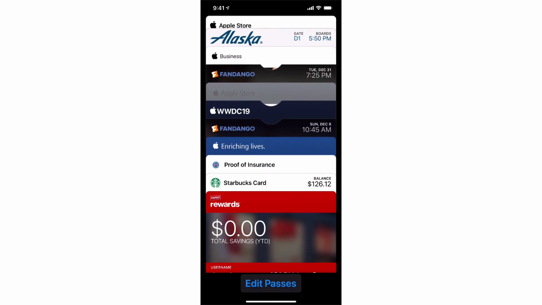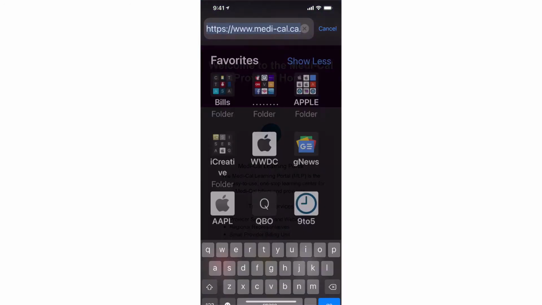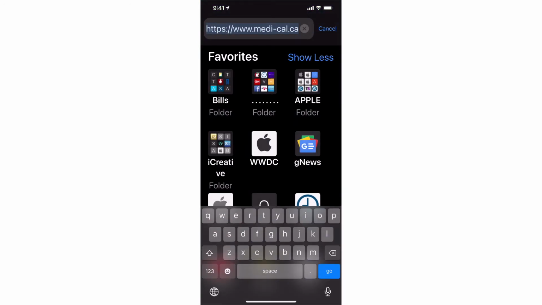So the first feature really allows us to integrate, in my example, Alaska boarding passes. I've got Fandango movie tickets. I've got the ability to show the proof of insurance or my Starbucks card. These are all really neat things. In the case of the Starbucks card, I would need the Starbucks app to first add a gift card, and then I can get the Starbucks card to show up in the Apple Wallet app. Now, on that note, there is something that I think is definitely worth showing, which